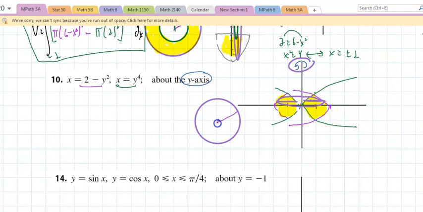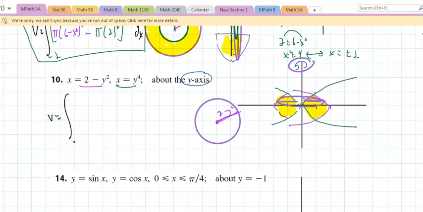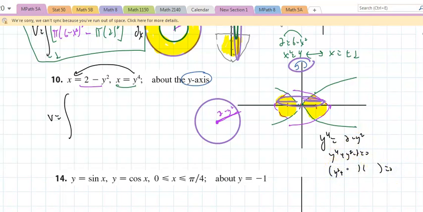Since the axis of rotation is the y-axis, this distance is actually this distance, and that would be 2 minus y squared. So far, volume will be the integral with respect to y. Let's see. Replace x by that: y to the fourth equals 2 minus y squared. So y to the fourth plus y squared minus 2 equals 0. This factors as y squared plus 2 times y squared minus 1. Y squared equaling negative 2 never happens, so y will equal plus or minus 1. So this is from negative 1